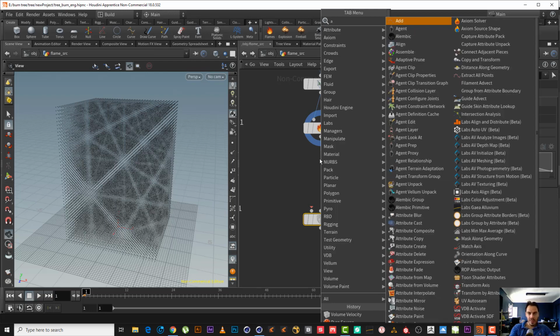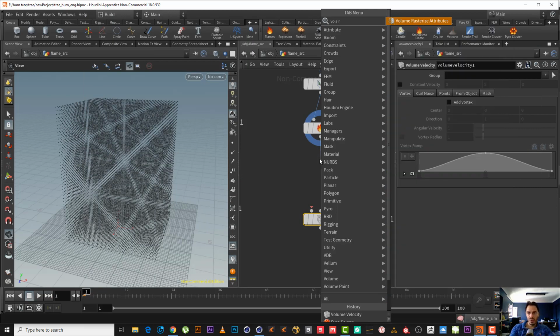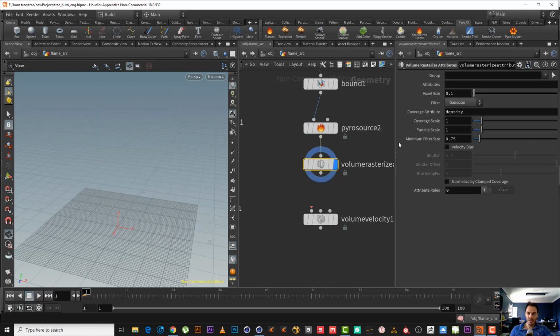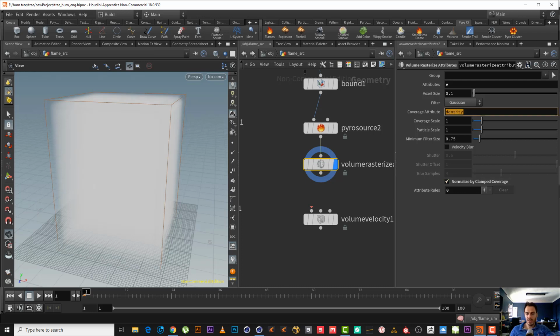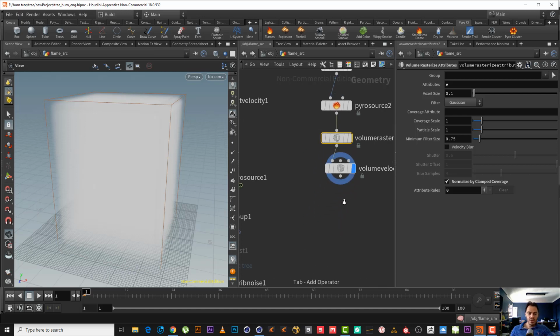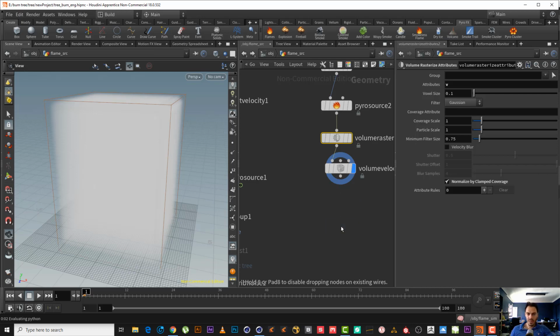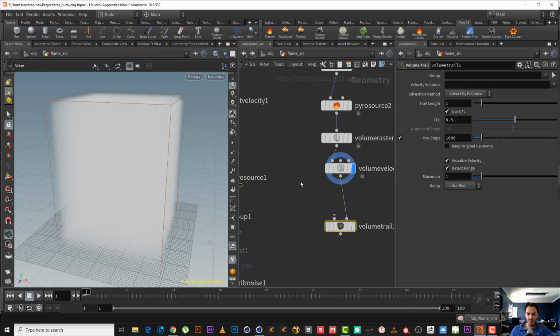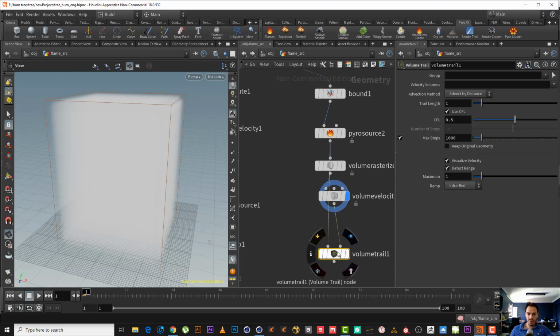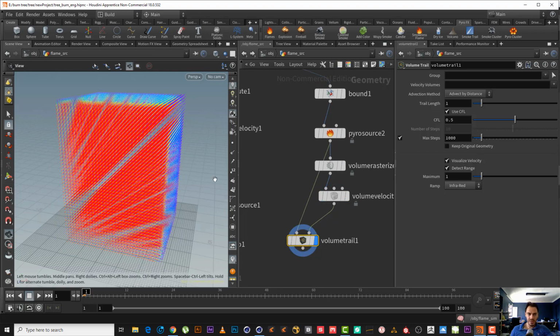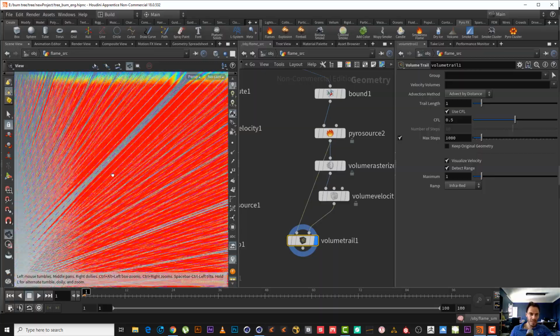So I will add a volume attribute or resize attribute. Okay, as we can see here, I want to add the v and also normalize it, density, delete this one. So let's add it to the v. Also, just to see what we are doing, let's add a volume trail like this. I will add this here. Also I will add this to the pyro itself, so we can see a better result. As we can see here,